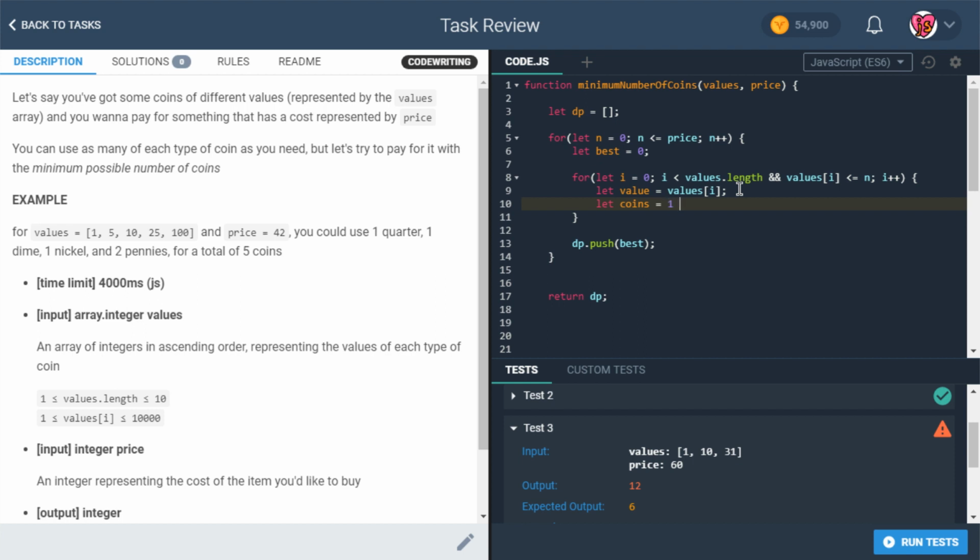Okay, so this is the coin we're spending right now. This is the additional coin. And we're spending this coin in addition to the number of coins that it took to pay for something with a value of n minus the value of the coin that we're spending. Okay, so for example, we're going through this loop, and we get to a point where we find